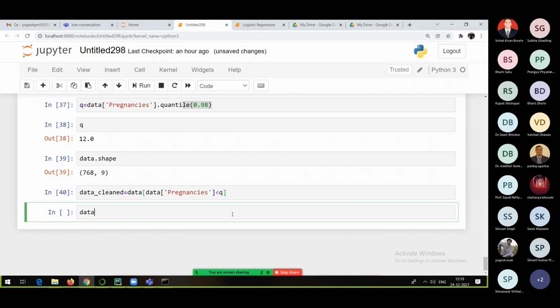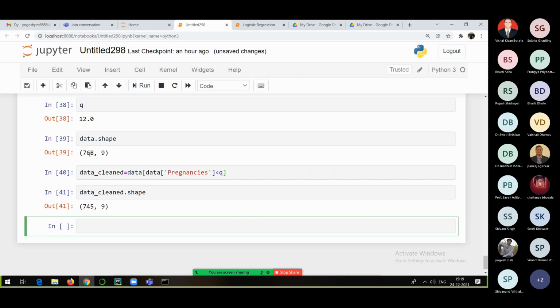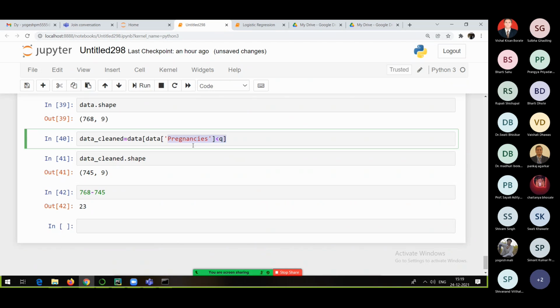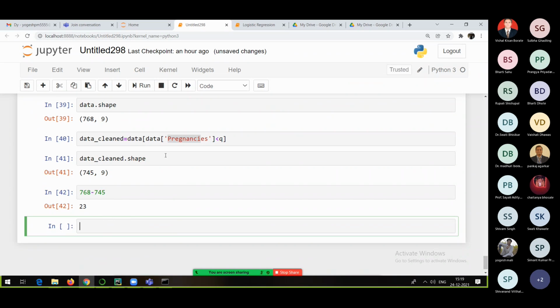And now if I check data underscore cleaned dot shape, 745. That means 768 minus 745, that many outlier values were there in the pregnancies column. That is the mean, as we have considered 98%. Now how many rows are there? 745. So wherever pregnancies value was greater than 12, all those rows were removed. Same thing now I am going to do it for